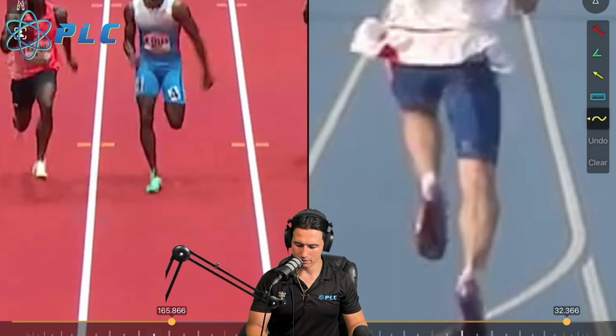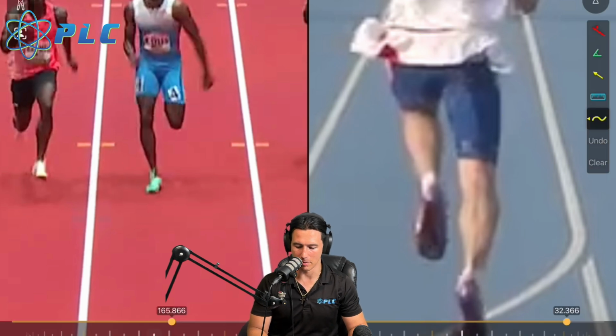But we have two elite level sprinters. I always like looking at the back view the best, and with Christoph here, this is really the only back view that we can see, or that I've been able to see, of some of these elite guys. This is still during his drive phase, but we'll be able to still see the most important parts of his